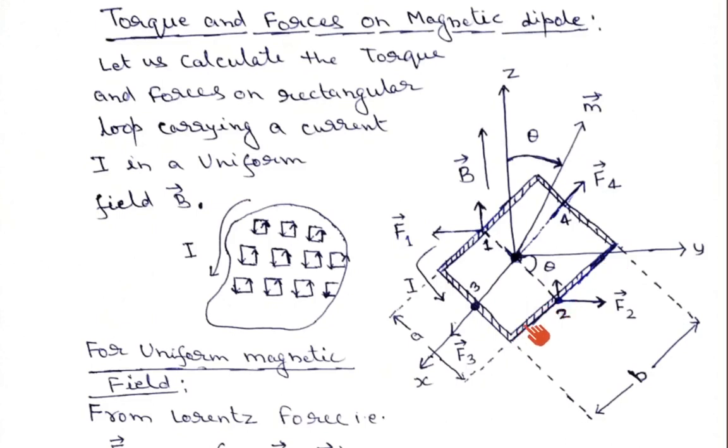So the current is flowing along the minus x unit vector direction. Obviously the force will be along the y direction, because these two sides of the rectangle have equal length, so the forces will be equal in magnitude but in opposite directions. So they will try to repel each other. We know that anti-parallel currents repel each other, as we have learned earlier.